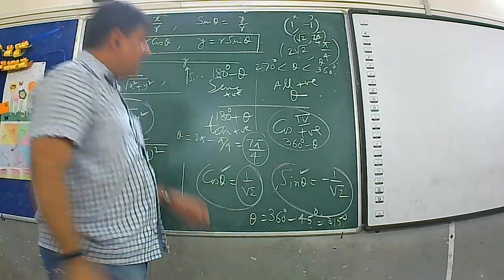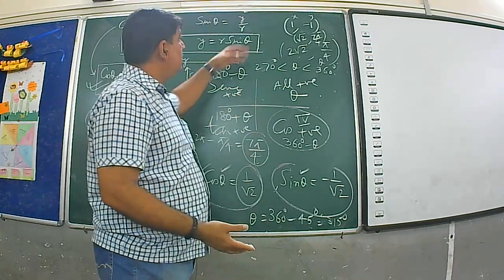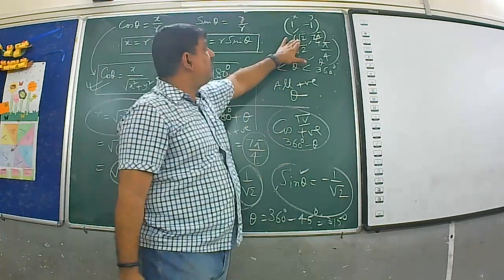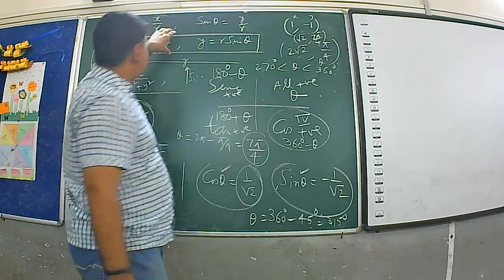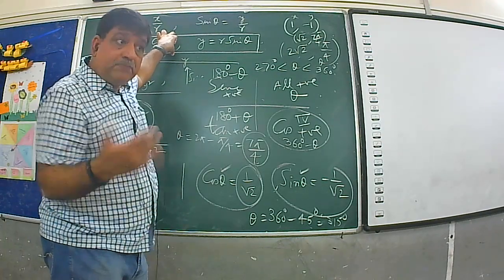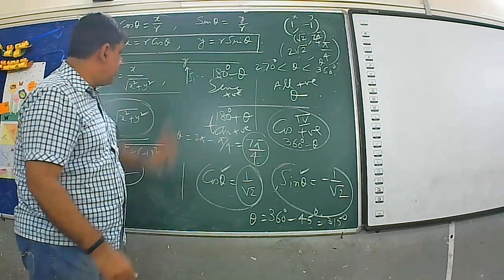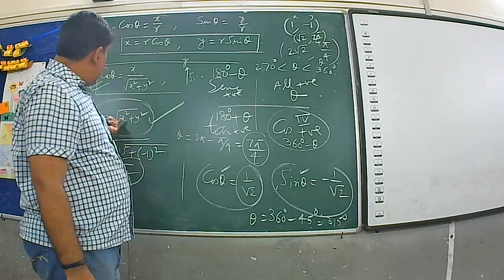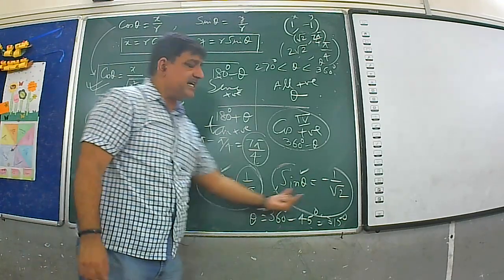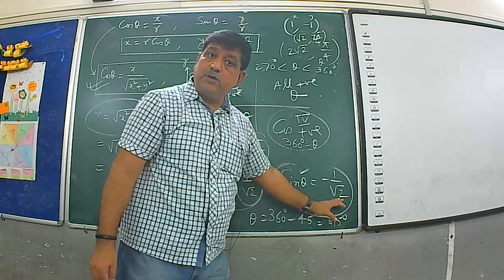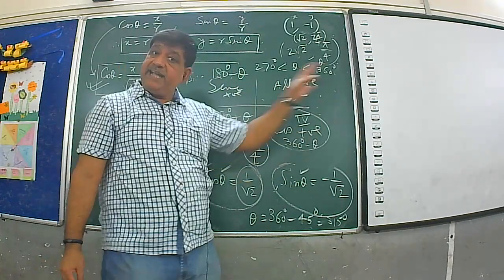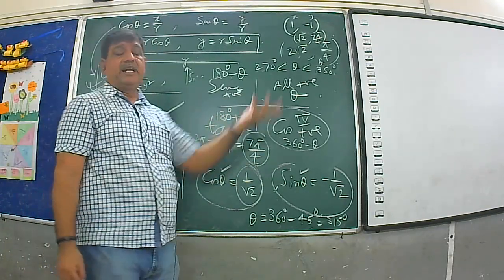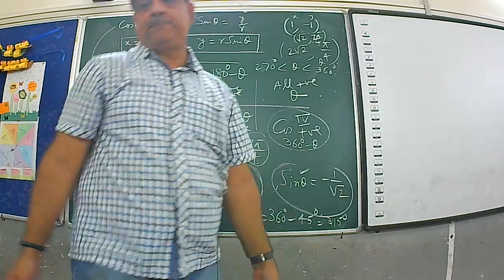So boys, the basic problem is to transform Cartesian to polar. Polar to Cartesian is very easy. Polar to Cartesian means r is known to you, theta is known to you. You have to just put down the value here, you will get x and y. But if x and y are known to you, first of all find r using this formula, root over x square plus y square. Then after finding the value of r, find cos theta and sin theta both. Now check out the quadrant of both and apply this rule. After applying this rule, you will get the particular value of theta, and from there you will get the polar coordinates of the point.